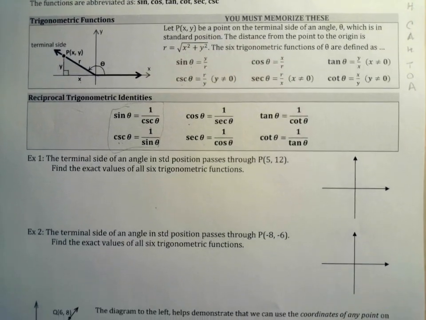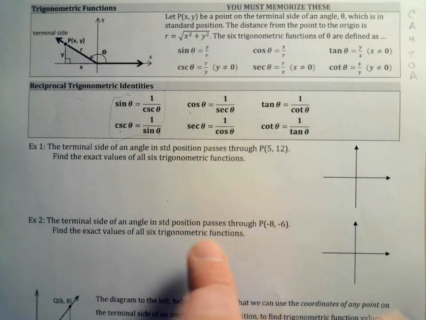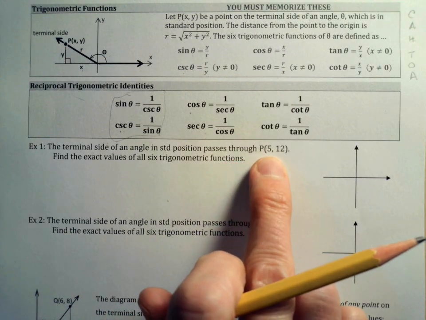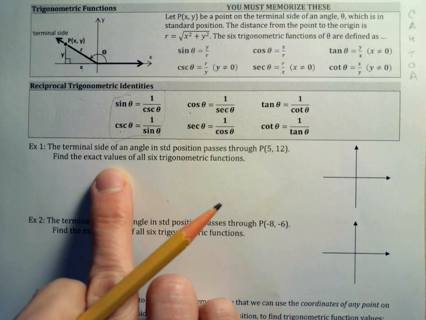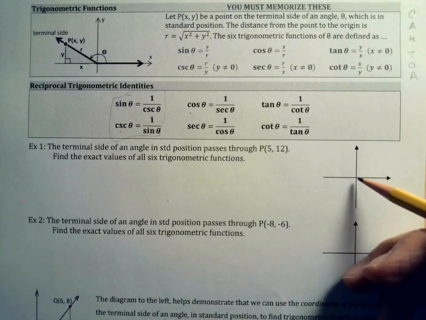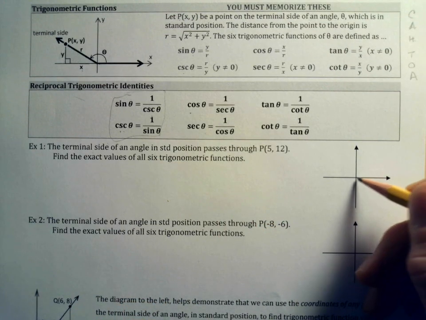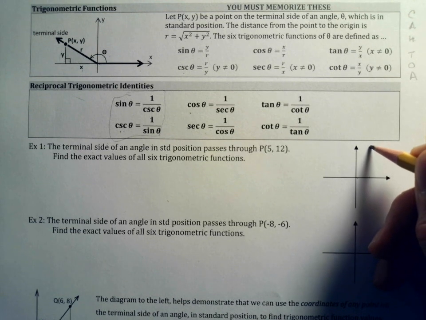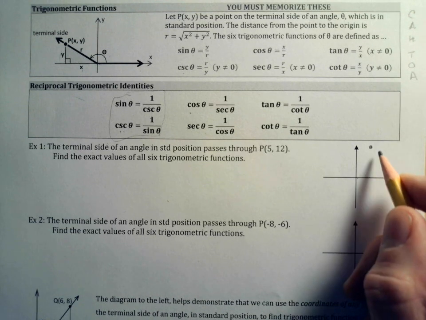Okay, so let's look at example 1. The terminal side of an angle in standard position passes through the point (5, 12). Find the exact value of all 6 trigonometric functions. Let's draw a picture. So (5, 12). It doesn't have to be exactly to scale, but if I go over 5 and go up 12, maybe something like that. Okay, so that's point P,